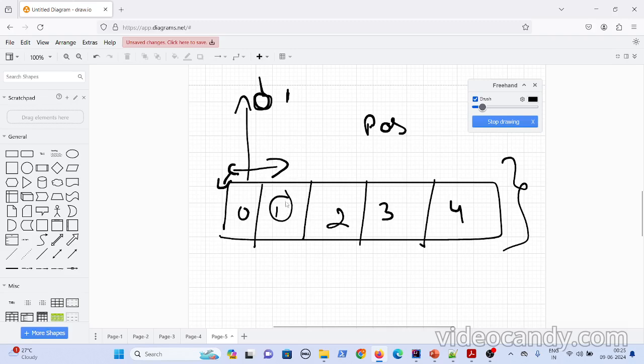After fetching the element 1, the cursor gets shifted by one position. Now your cursor is at 2. After fetching the element 2, the cursor moves by one position. Now you will get 3. The same thing happens after moving the cursor by one position, and the cursor is pointed at 4.